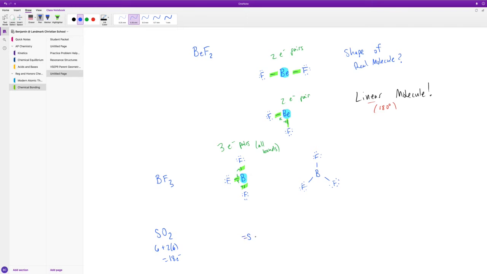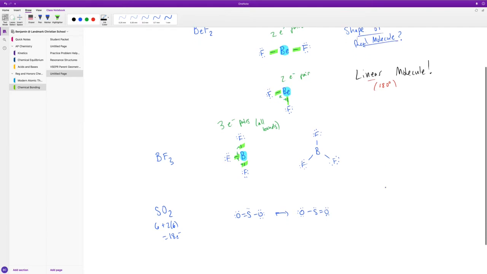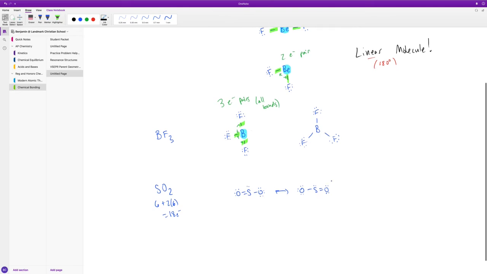And this is a molecule that actually has 2 resonance structures. We could have the double bond on the left-hand side, or we could have the double bond on the right-hand side. Both of those are valid Lewis structures. Now this molecule, the way I've drawn it, it looks linear. But if we want to know the shape of the real molecule, we need to use VSEPR. We can actually pick either one of sulfur dioxide's resonance structures. So we could use this one on the left or the one on the right to figure out the shape